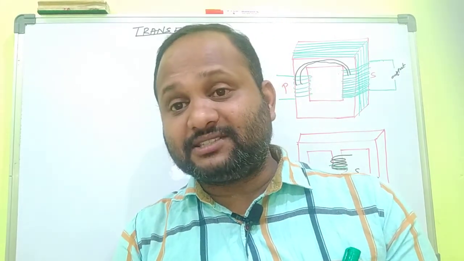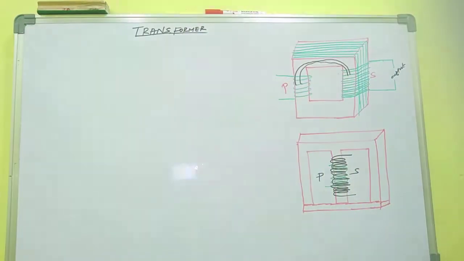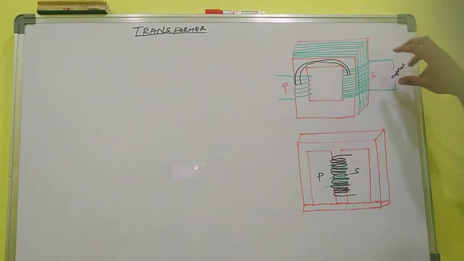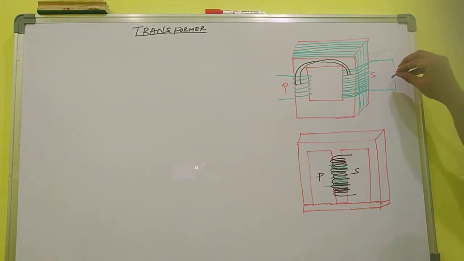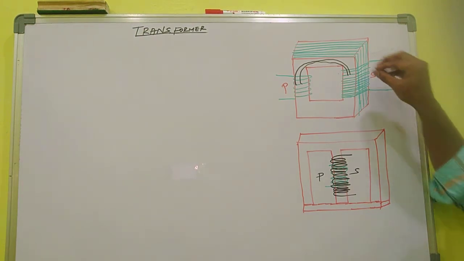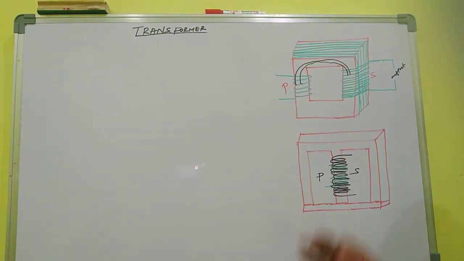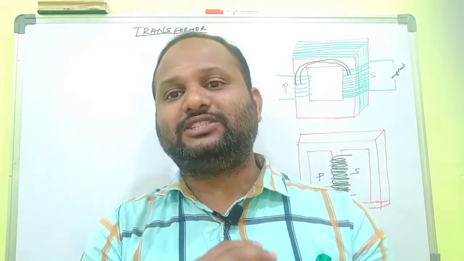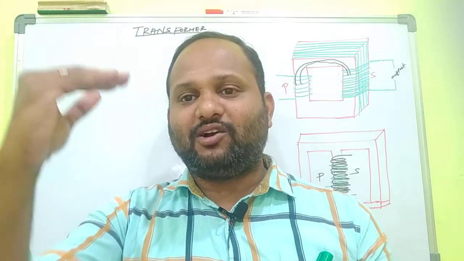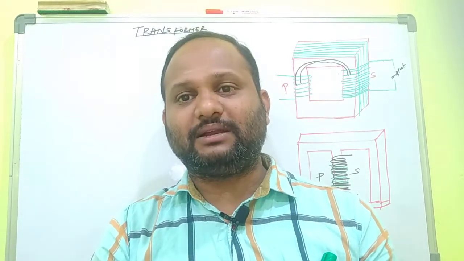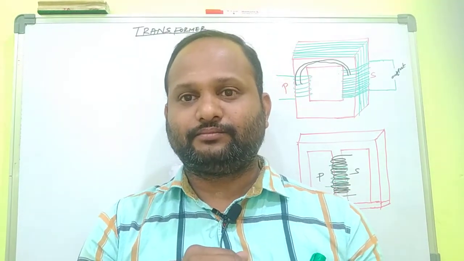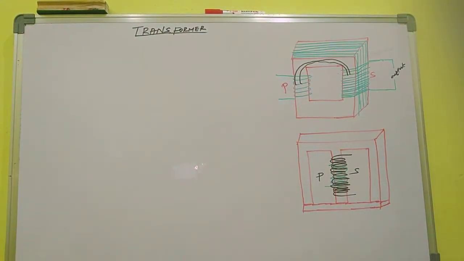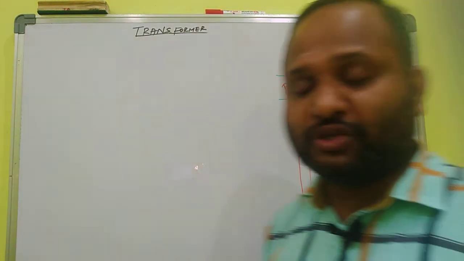If the primary winding is larger than the secondary winding, and you apply the alternating voltage, then the output across the secondary will be less than the primary. That type of transformer is called a step-down transformer. A step-up transformer increases the alternating voltage; a step-down transformer decreases the alternating voltage. This depends upon the number of turns in the primary and secondary coils respectively. That is one of the most important things here.